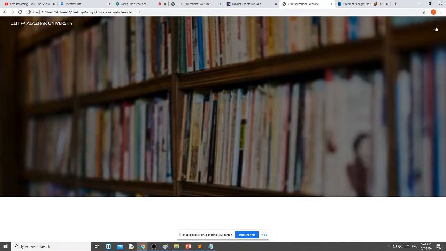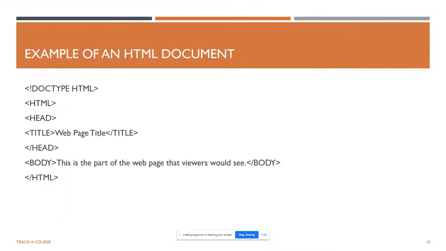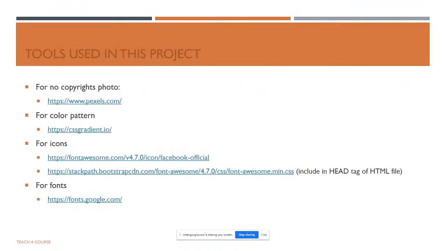Okay, now you can see that this toggler button is black. I don't want this default toggler button, I want to change it. Then for all the icons I am using this particular website to get all the items. See, Font Awesome. For icons I am using Font Awesome. It will provide all the icons whatever you want to use in your website.